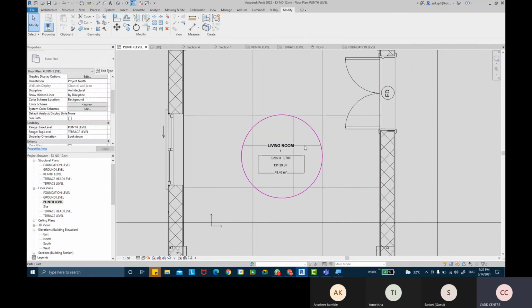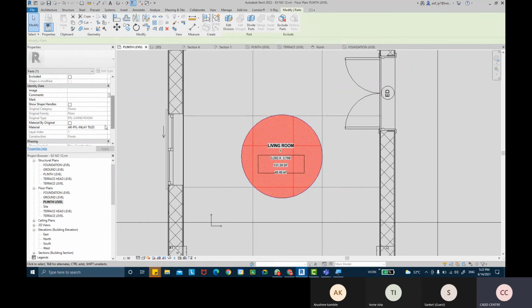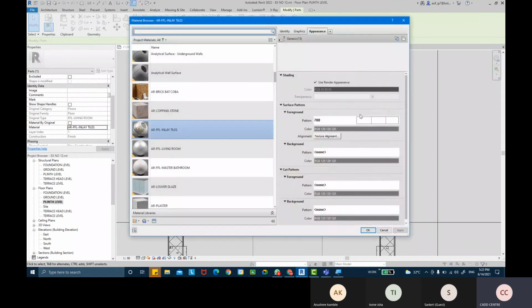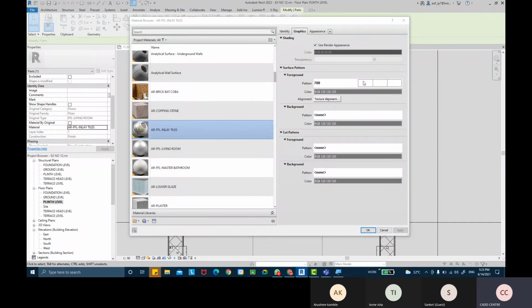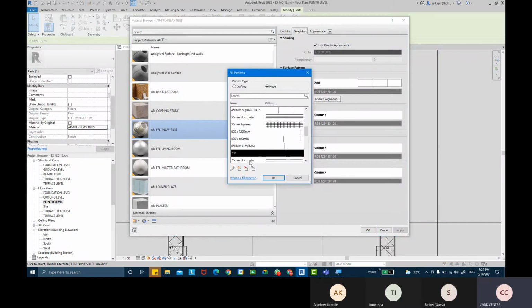Still it doesn't look centered actually, so I'll tell you another reason for it not being centered, because the graphic appearance made is 700, which we want to be 1400 now.